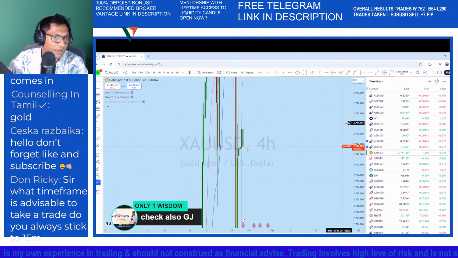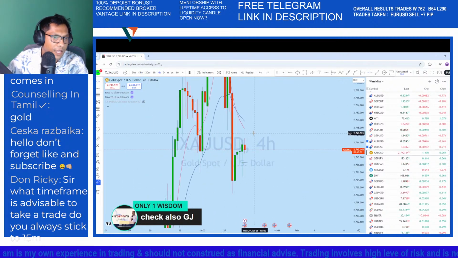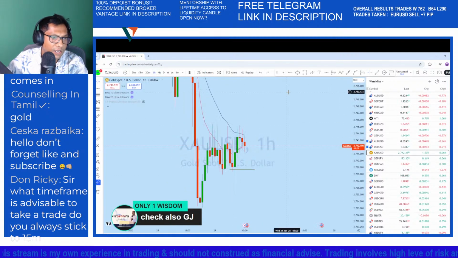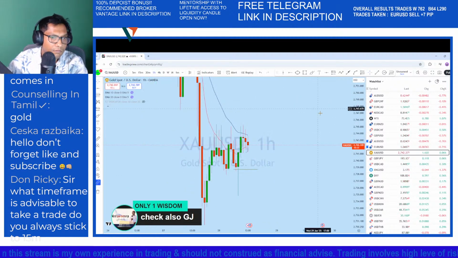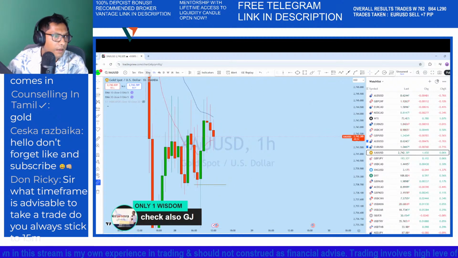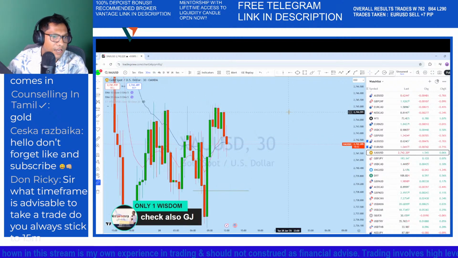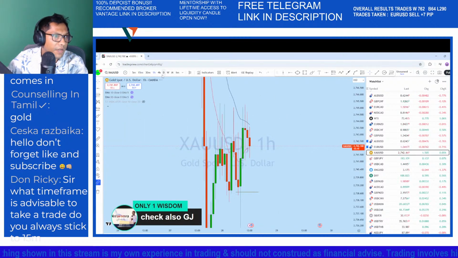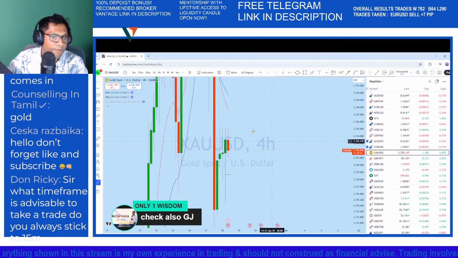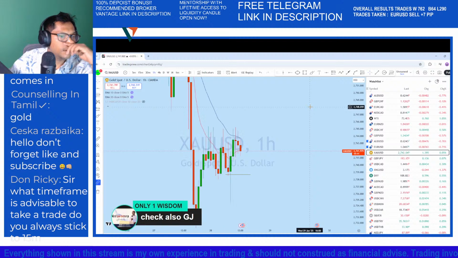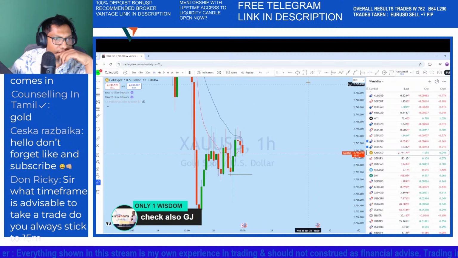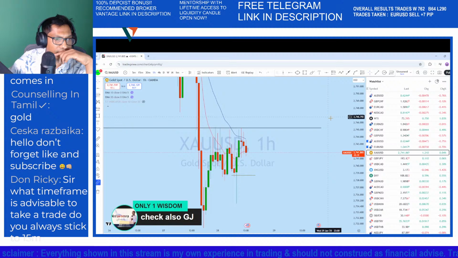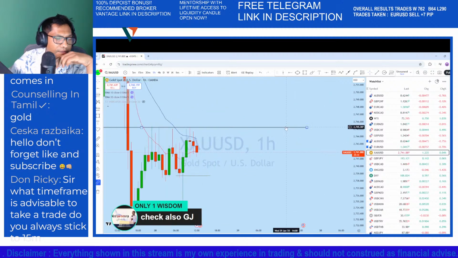drop back to that support level here. On the lower time frame we can see that there is a trend, and looking at this market on XAUUSD from the 4 hour perspective, 1 hour perspective. Okay, so this is where there is a resistance line here. So with that resistance,